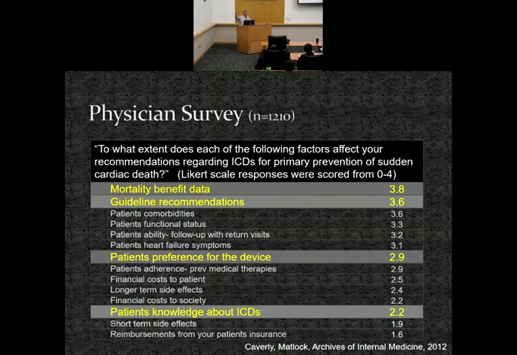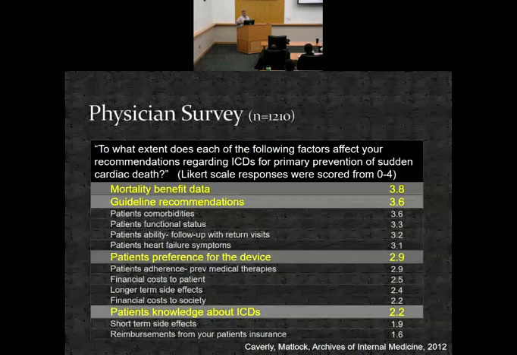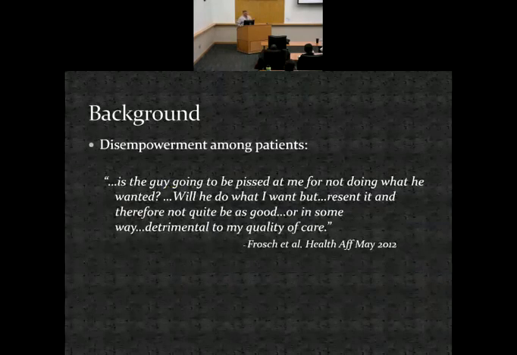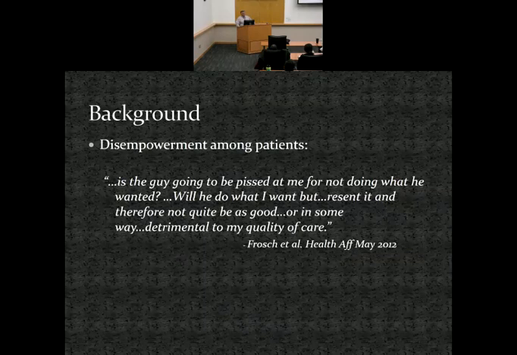I think guidelines and data should be up there near 4 out of 4. And patients' preferences should be 4 out of 4. And maybe patients' understanding should be near 4. Sometimes it's hard to get understanding. Sometimes people can't quite get there. But at least their values and their preferences should be somewhere near 4 out of 4. And you bring those together, then that's that meeting of experts. Then you're really sharing a decision. And if we don't start getting better at this, this is where we're going.